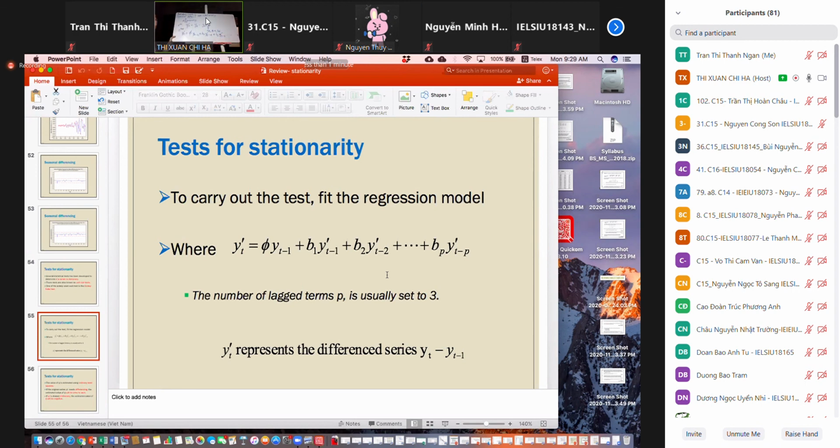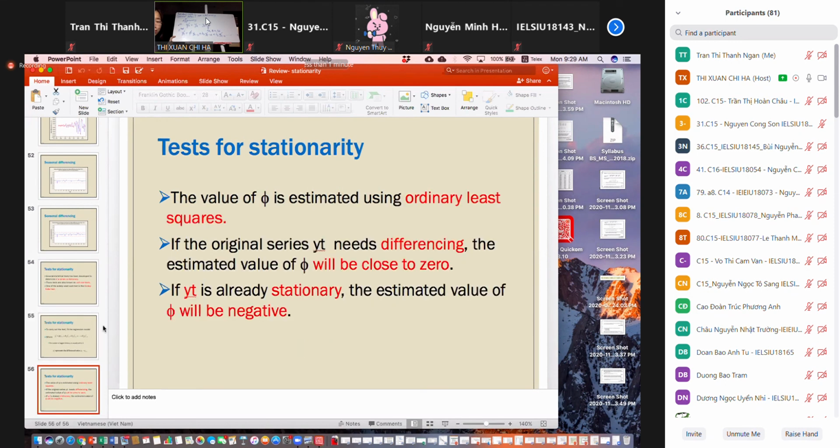Look at the regression here. So what they tell you that